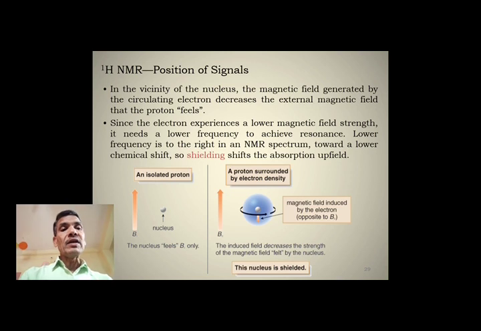If the magnetic field induced by electrons is aligned against the externally applied magnetic field, then this nucleus feels somewhat different value of B. Therefore, the induced field decreases the strength of magnetic field felt by a nucleus, and therefore this nucleus is shielded